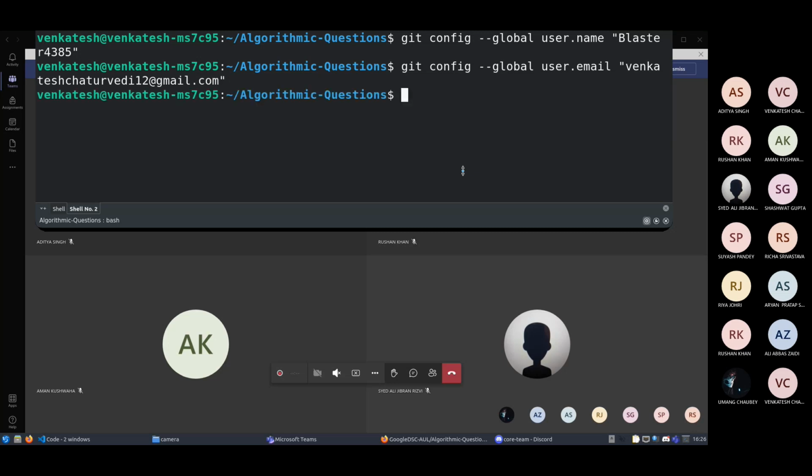Now after this, when you do git commit, it will automatically detect the username and email and commit it. Any questions about this? Let me copy what you've written. Okay, so first I have to enter the username, then the email. Yep, you can do it in any order. The order does not matter.